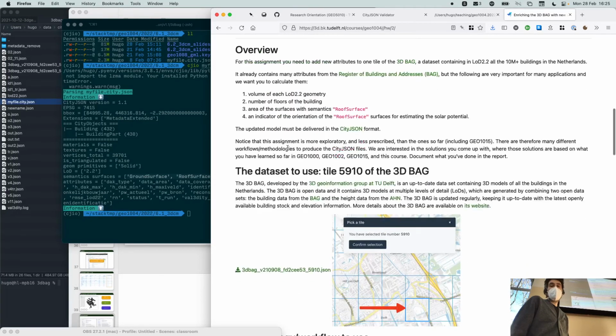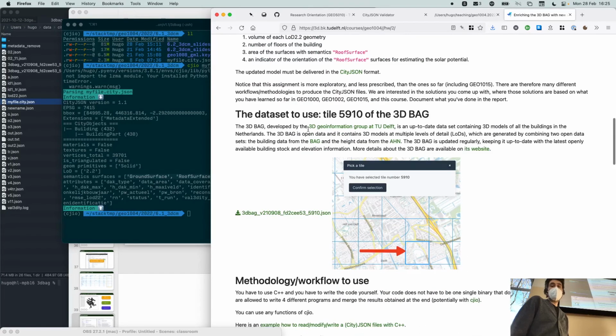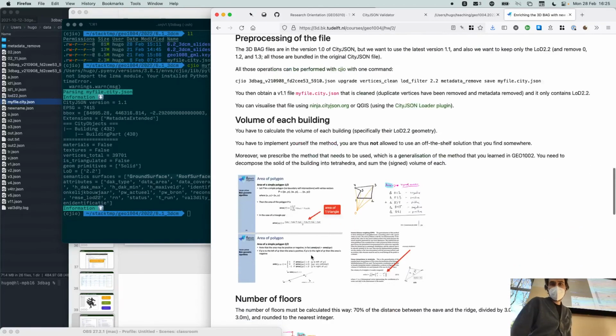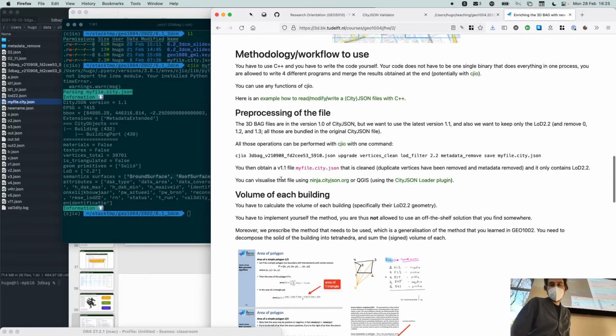But so the file that you download is the file directly from the server, but it's explained when you start that. Where is it explained? Oh yeah, here. You need to pre-process the file. Everything is explained, but the 3D bar stores more than one LOD, so you will learn a level of detail.